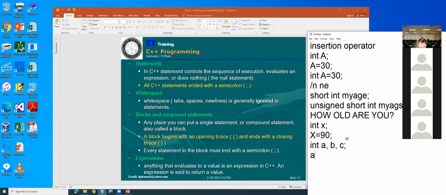And now I say A equal 5, B equal 4, and C equal A times B.